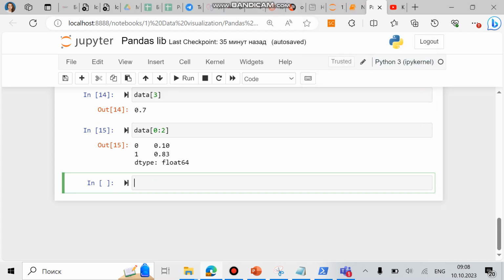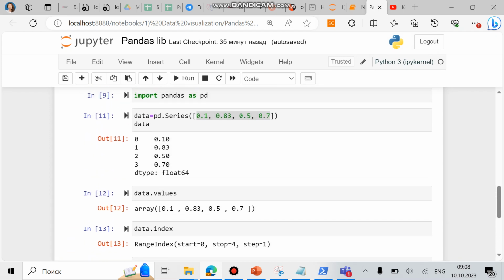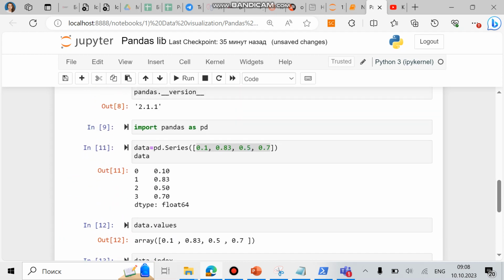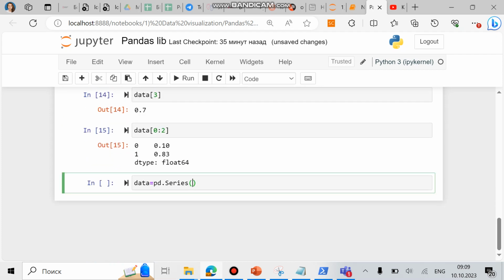In NumPy, we haven't got this kind of process as in Pandas. In Pandas, we can change these indexes. They're not default indexes; you can give your own indexes. Let's write data equals pd.Series. Let's give the same values, like this. And here you can write index and give your index, let's say